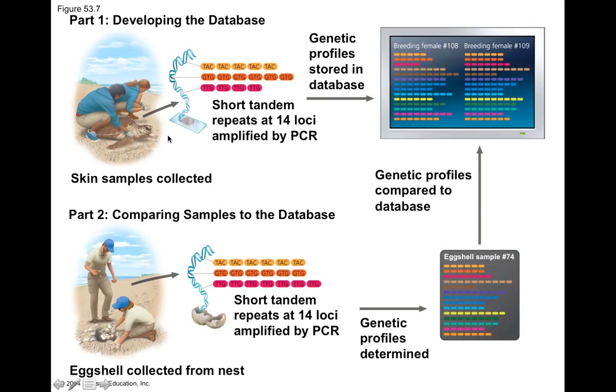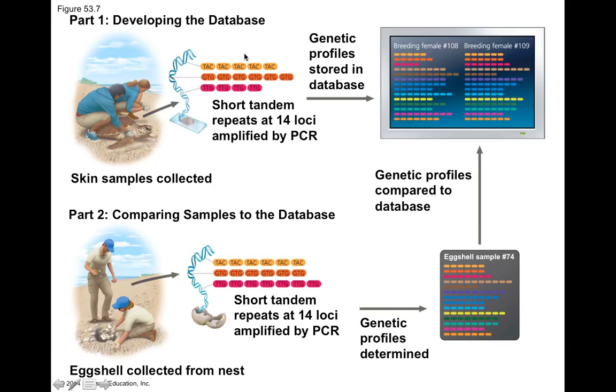The way it works is we can collect a skin sample from an individual turtle and collect the DNA, similar to what you did in the lab from that loggerhead turtle, looking at what are called STR sites, or short tandem repeats, or they're also called microsatellite regions, looking at 14 different gene loci,